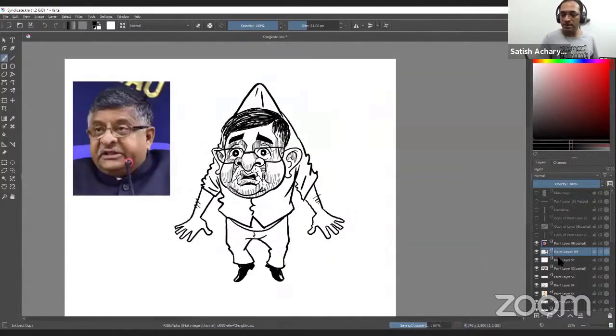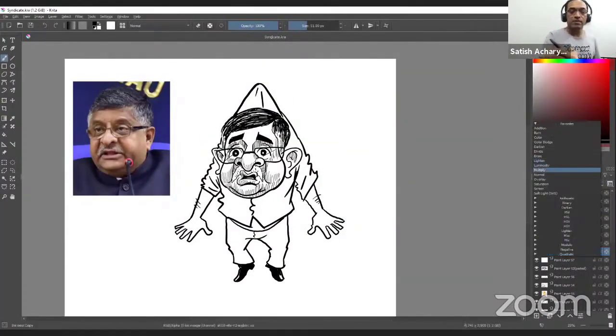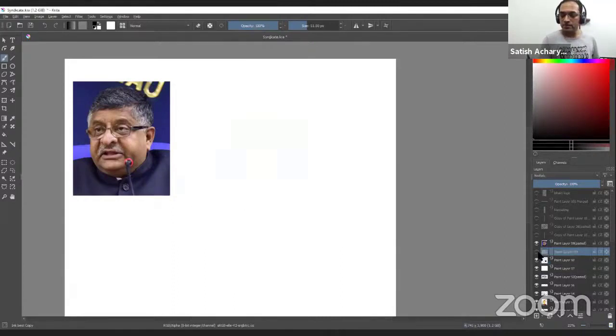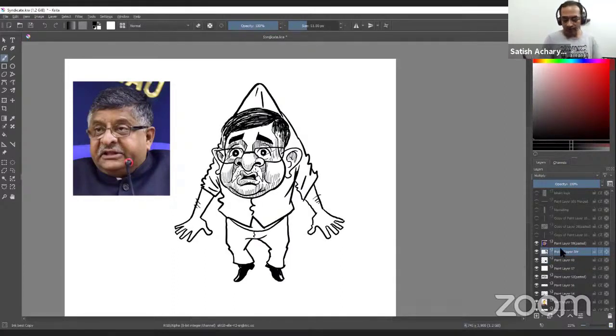So I'll color this part first, then I'll complete the cartoon. So for coloring, I take another layer below the inked layer. This is the inked illustration. So I'll take another layer below that.